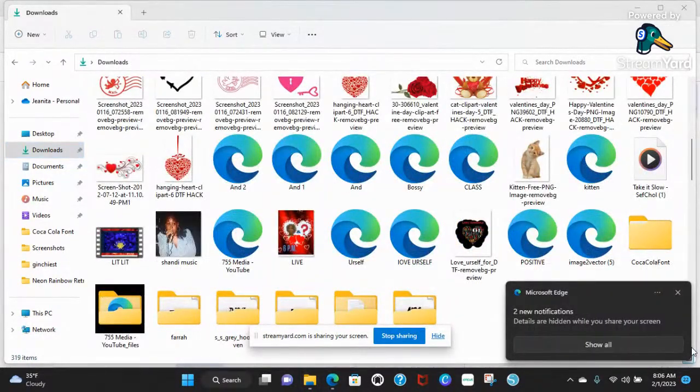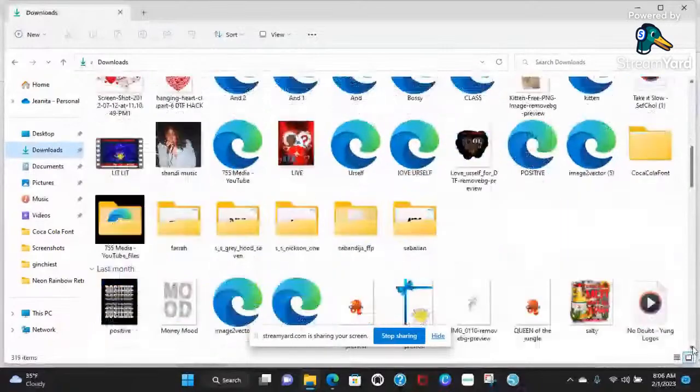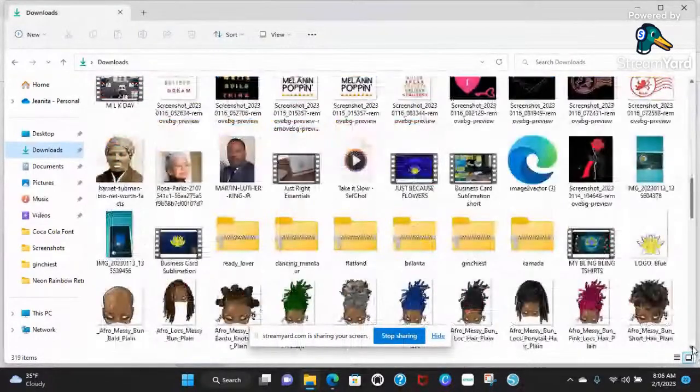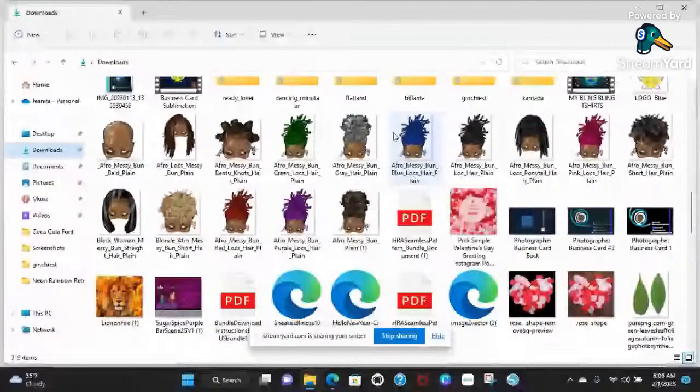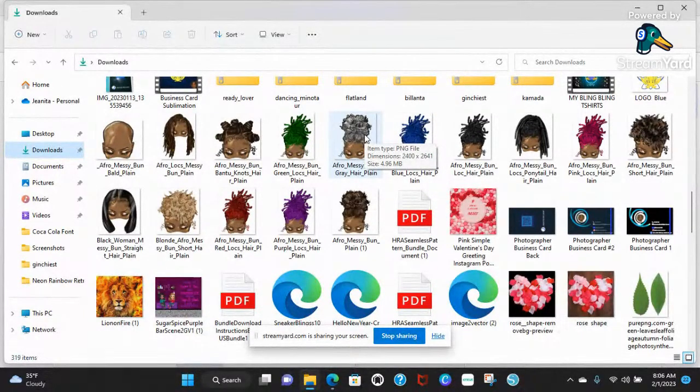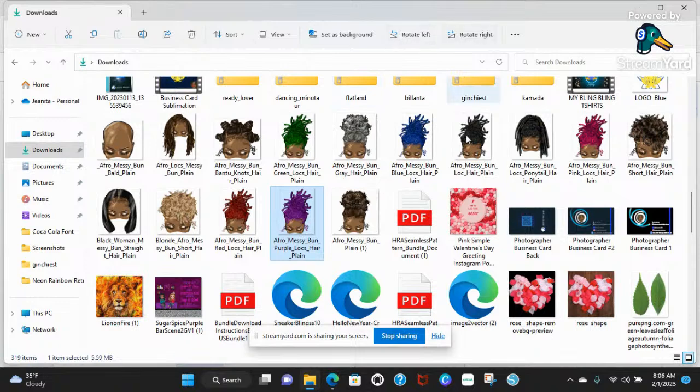So I'm going to go down to my screen. I already know what she wants on her pillowcase, but I'm going to find something that I want to put on a pair of socks. Okay, now I see I have, let me see, 1, 2, 3, 4, 5, 6, 7, probably 8 or 9 of these ladies. I'm going to pull one up. And I'm going to put it in my